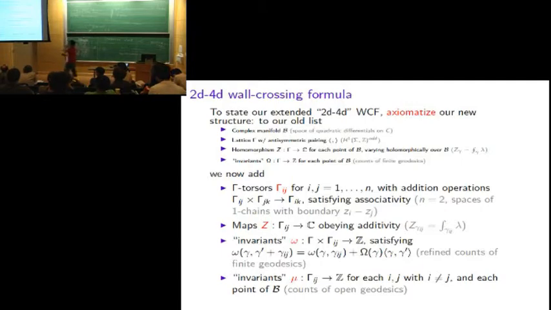Canonical one-form. And now there will be two new kinds of invariants, little omega and mu. Little omega depends on a capital gamma and a gamma ij, but morally it has essentially the same information as capital omega. It satisfies some shift property, so the dependence on this gamma ij really just introduces one new number. But these things contain the information of the capital omega. And then there are these new invariants, mu, which are counting the open geodesics. Okay. So that's the abstract data of the 2D-4D formula.